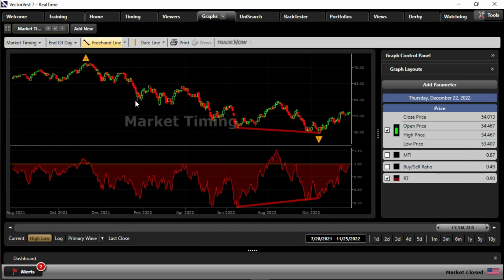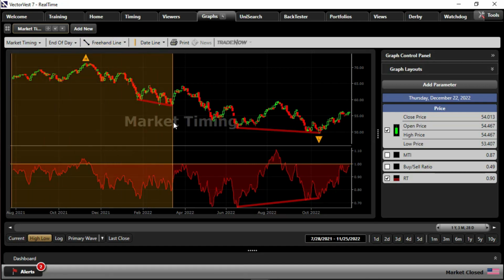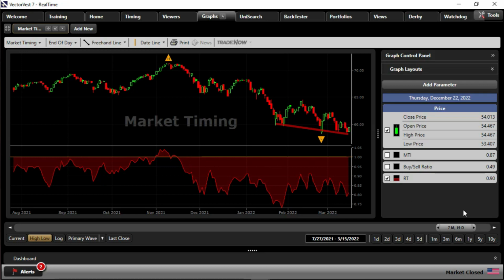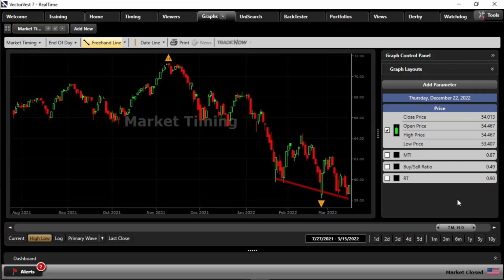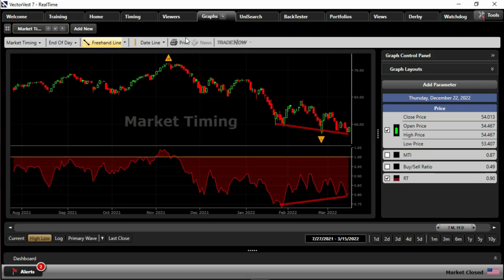Here in February, March, the VectorVest Composite hit a new low. Doing that helps visualize the new low. But look at the relative timing indicator. It established a higher low. So with the naked eye, without using an indicator, it does appear that the downtrend is strengthening as of the hard right edge, March 15th, but adding the indicator and also recognizing that during that time,